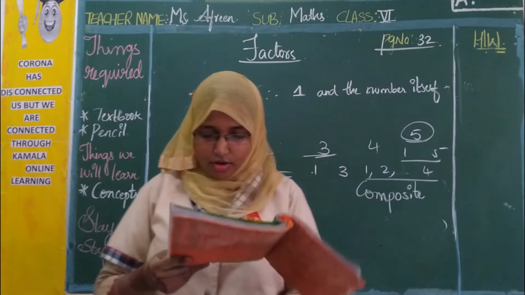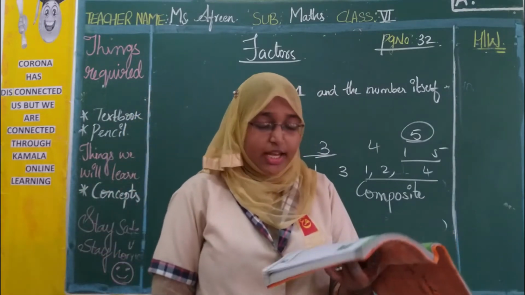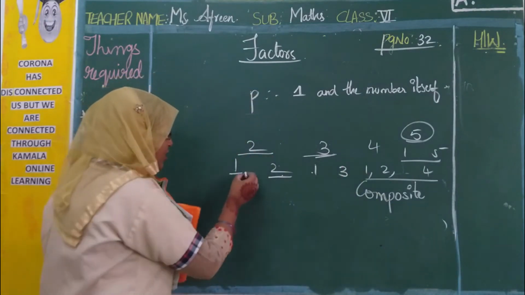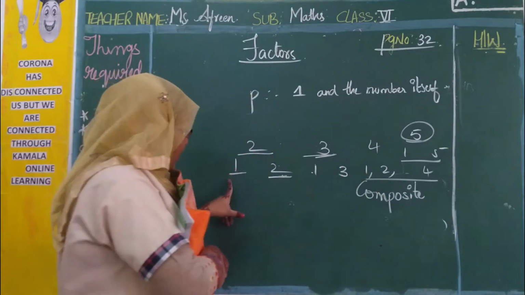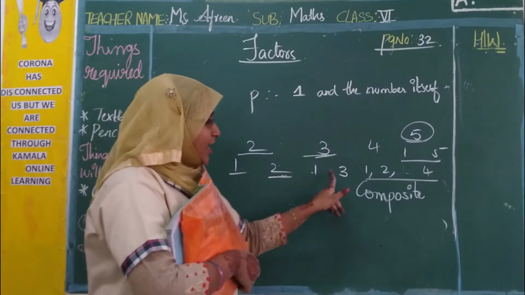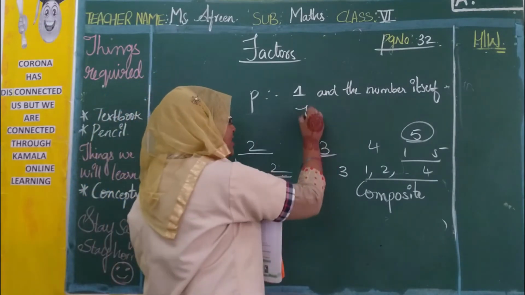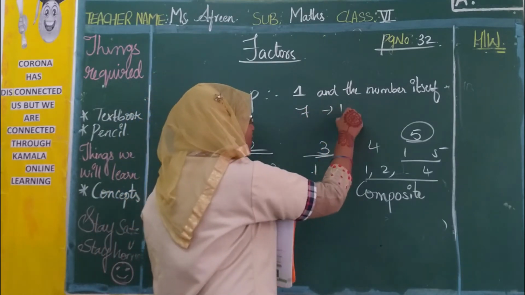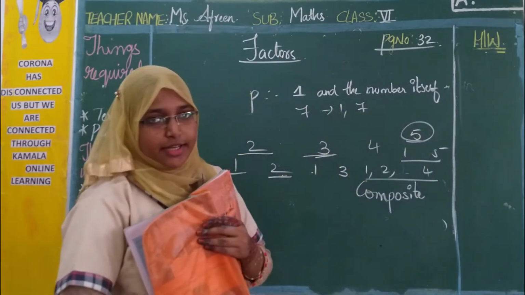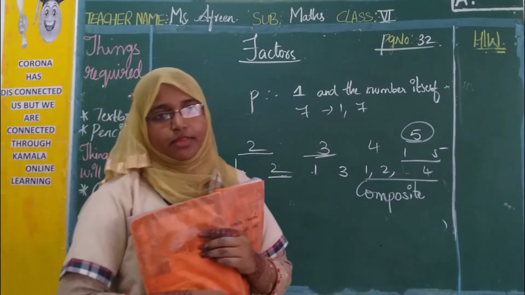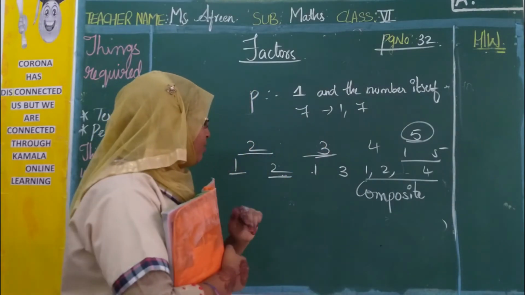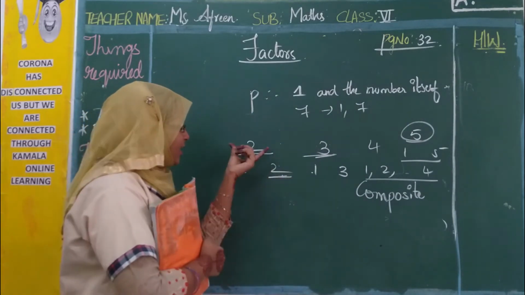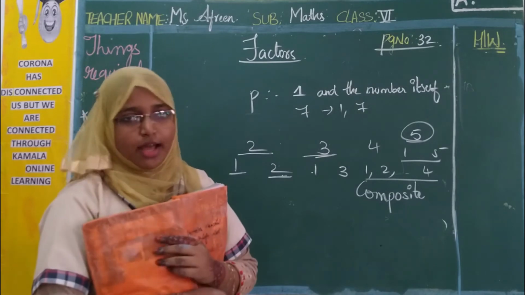So what is the definition? A prime number is a number whose only factors are 1 and itself. Only factors means just these 2 should be there. For 6 you can write 2 3s are 6, 3 2s are 6, but for 7 only 1 and 7 are the factors. Again 7 will not go in any other table. So 7 is also a prime number. So the definition of a prime number is that the number should have only the factors 1 and itself.